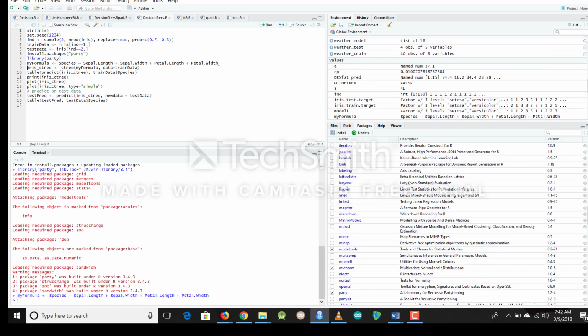Now we perform the ctree function, which takes two parameters. First is the variable that we formed in the previous step, and the second is the training data set that you want to provide. So we are storing that in the iris ctree variable over here, as you can see. So let's execute this,